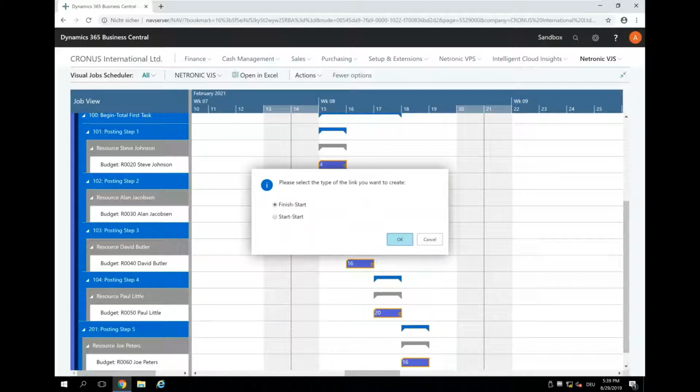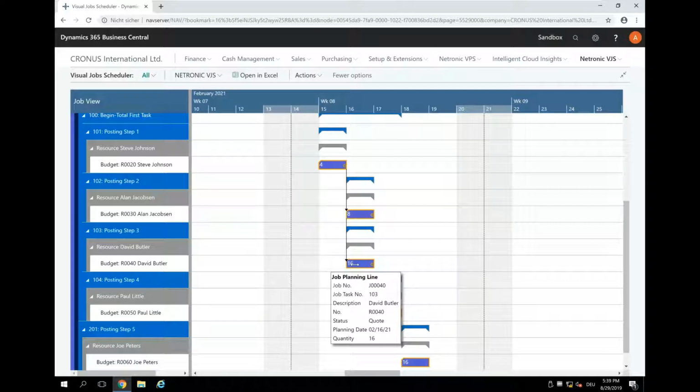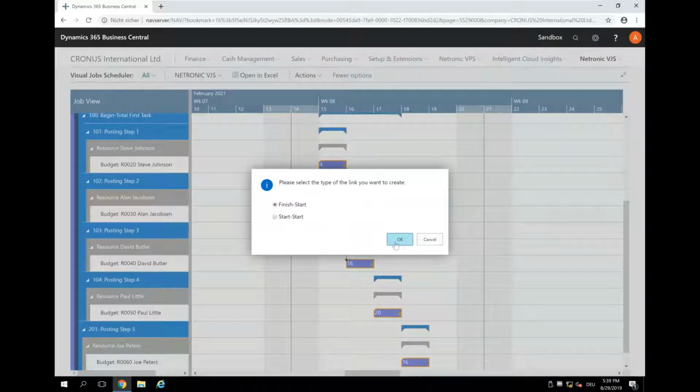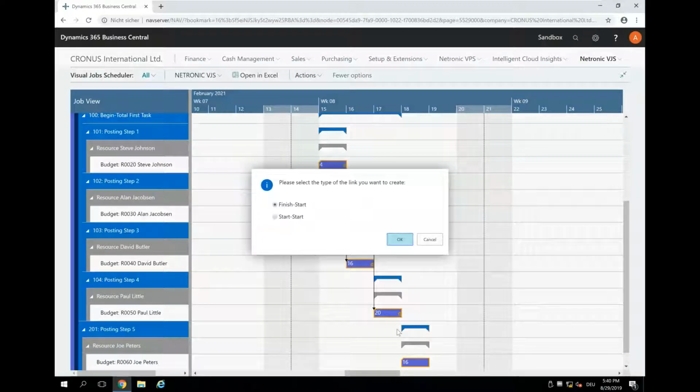And in this I say start-start, so that means this one here should start not before the start of this, but should start either at the same point of time or afterwards. And then you can say, okay, when this is done here, then this one can start, and same here. When this is done, then